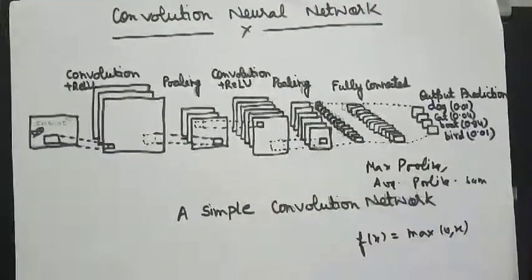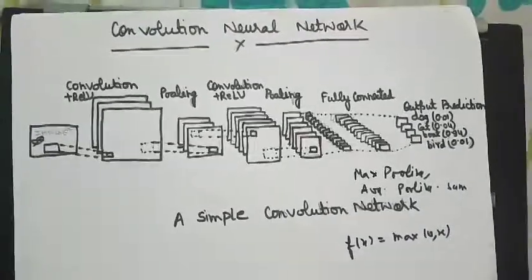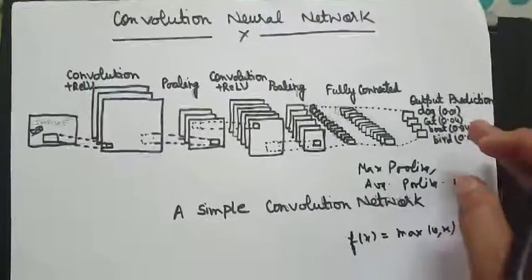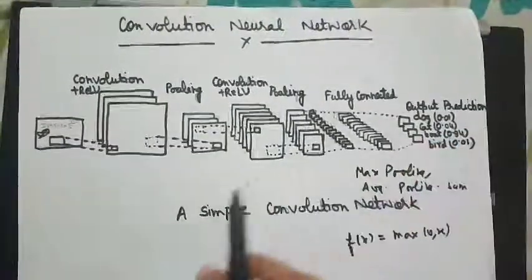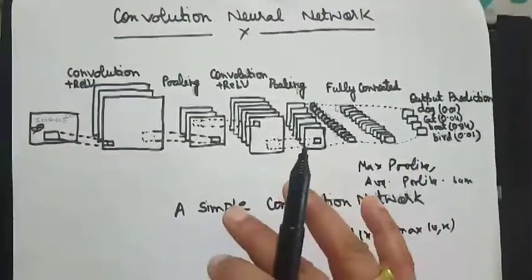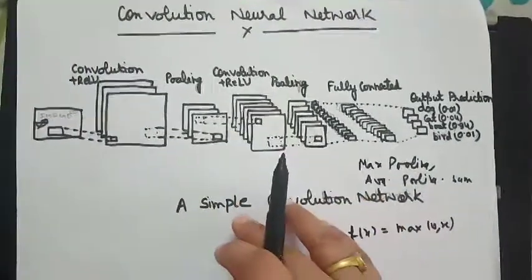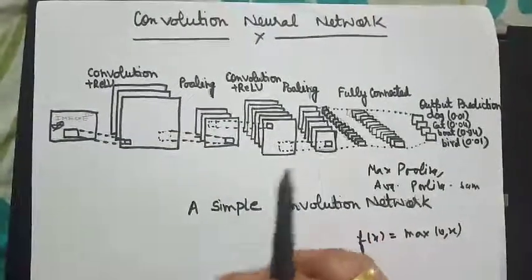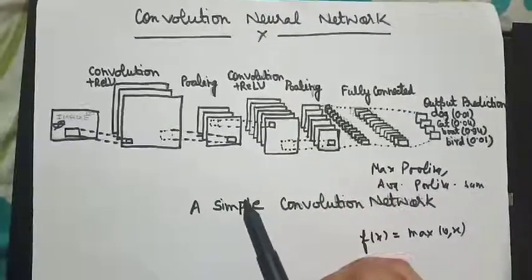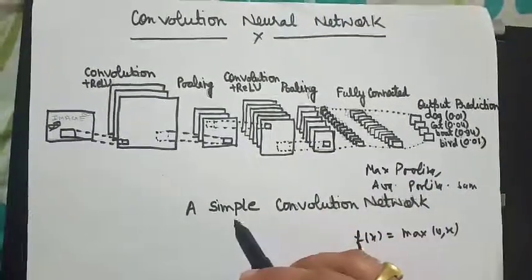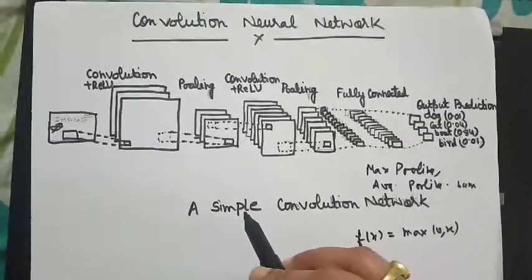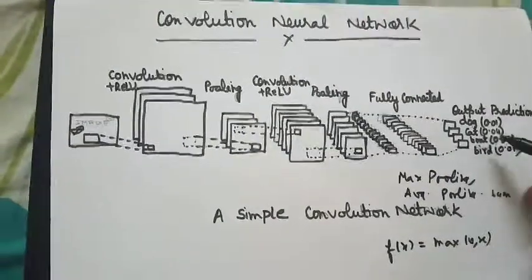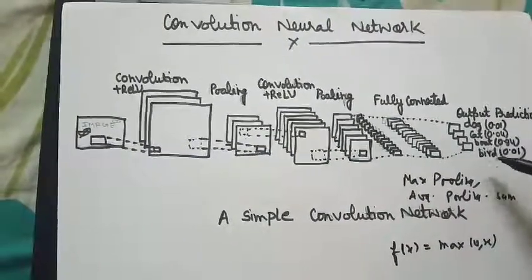And the last but not least operation is the fully connected layer, which we have already discussed in our last lecture. In this layer, which is called the FC layer, we simply flatten the matrix into a vector and feed it into the fully connected layers. In the fully connected layer, there are multiple hidden layers, and each and every neuron is connected to the other neurons, like a multi-layer neural network. So at the end we get output by extracting different objects in our image.